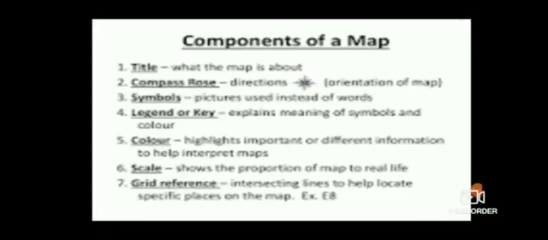Next is colors. Colors stand out from the map and provide an identification to many features such as vegetation and water. Color represents natural and man-made features of the earth. Then scale. A scale is a set of levels or numbers which are used in a particular system of measuring things or are used when comparing things.